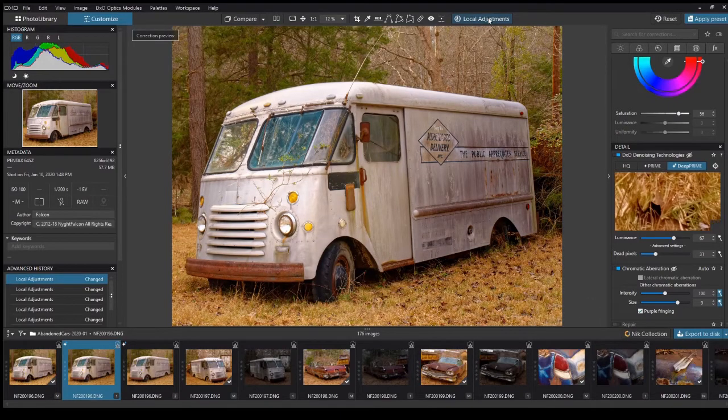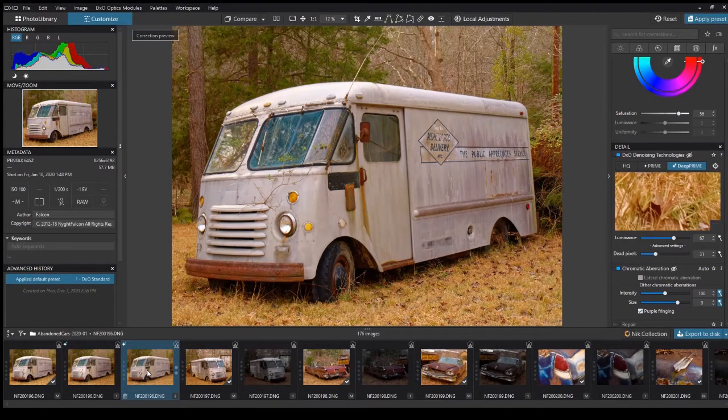There's the finished image. In retrospect, I might tone this down just a little bit. But overall, I'm content with where it is. I might also be able, if I adjust the exposure a little bit more, to get a tad more of the detail here. However, the debris that's fallen on the truck is much more obvious. So if we compare this now to the original, or the virtual copy of the original,